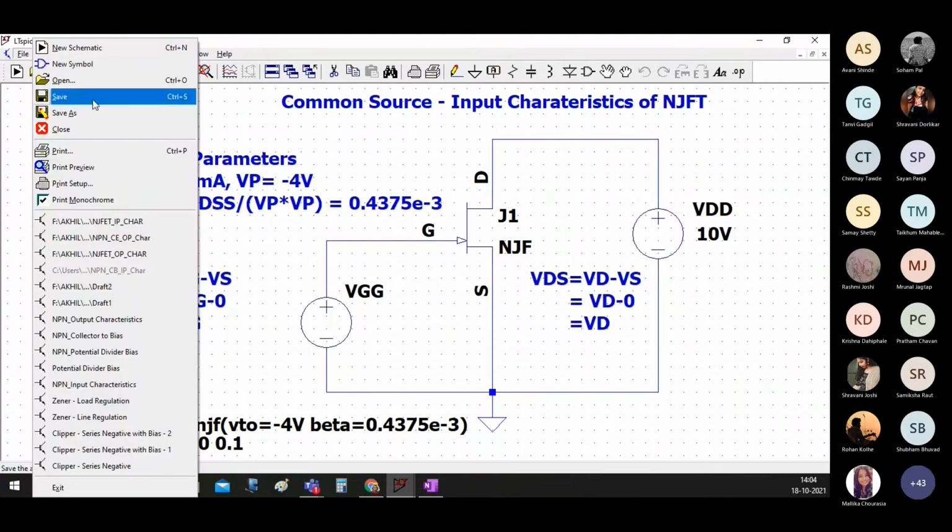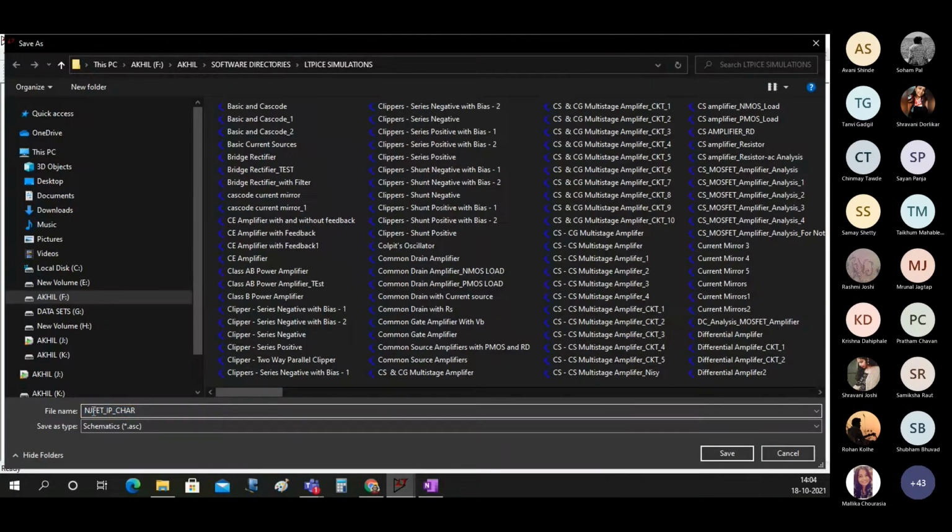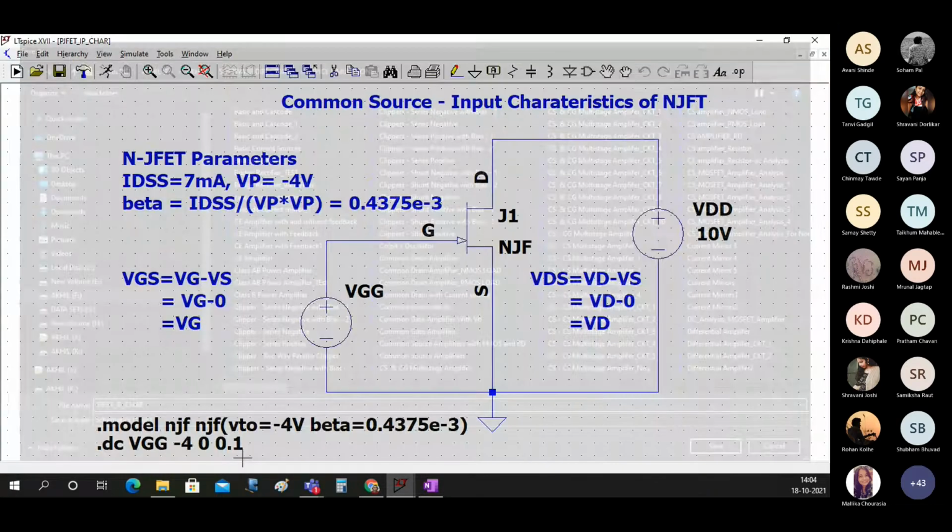So you can start with the input characteristics. Instead of NJFET, you can write JFET.